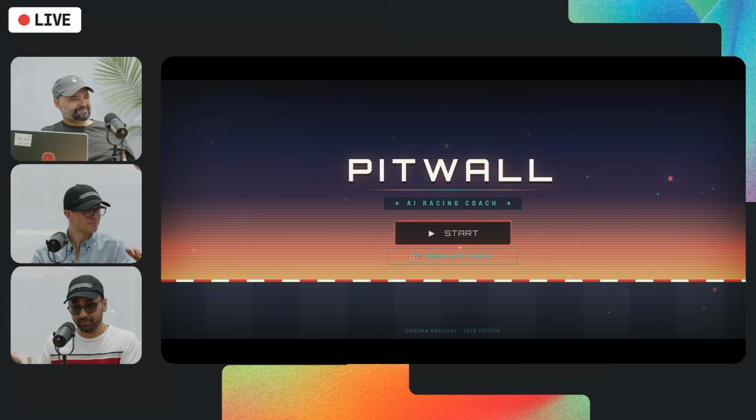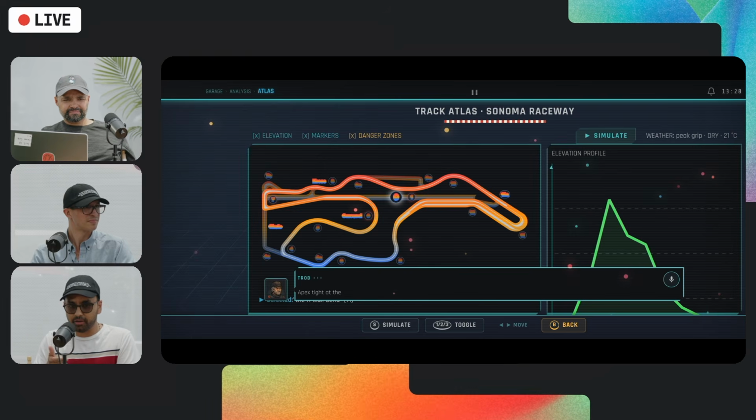That's right, exactly. We are doing a live demo here from Google I/O, and let's see how it goes. All right. Assume that you're sitting in your car, and hence we are doing the simulation here. I go ahead and hit the simulate track. What we are seeing here is Sonoma.